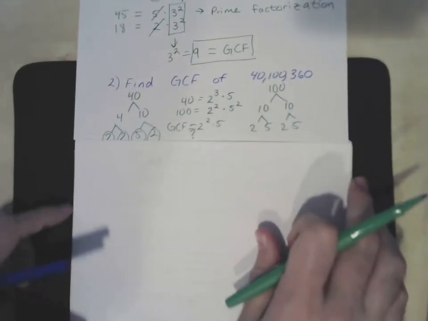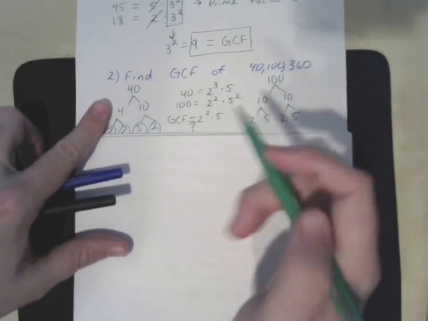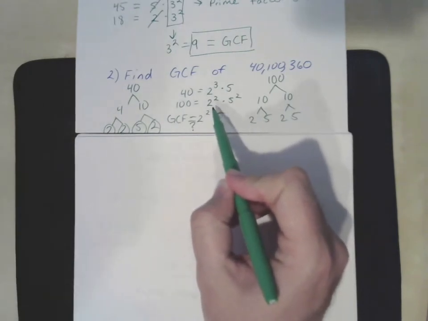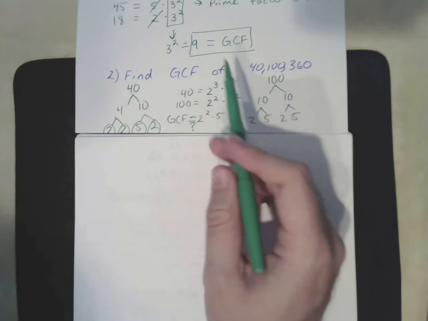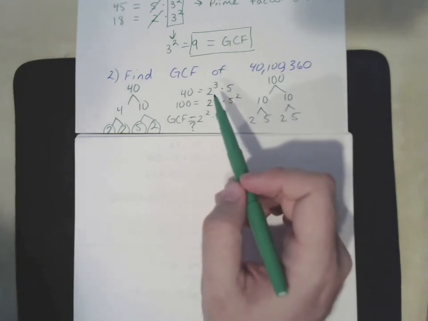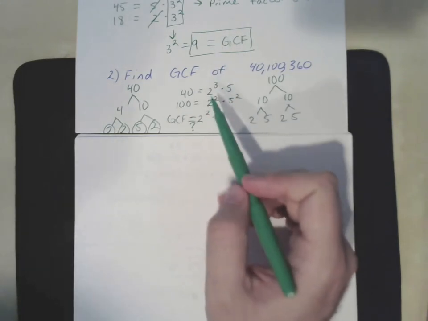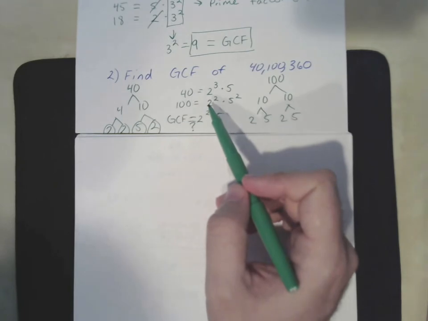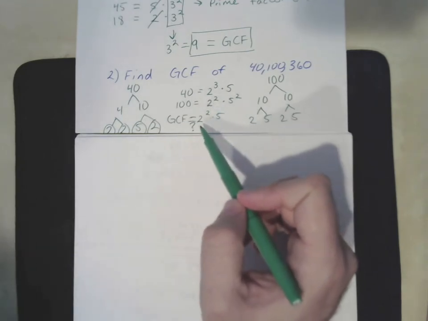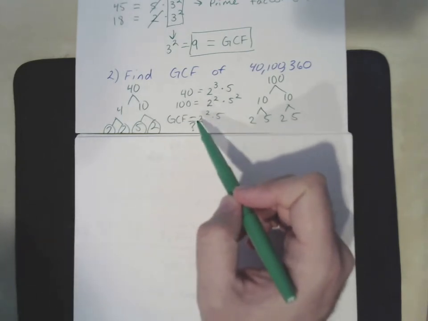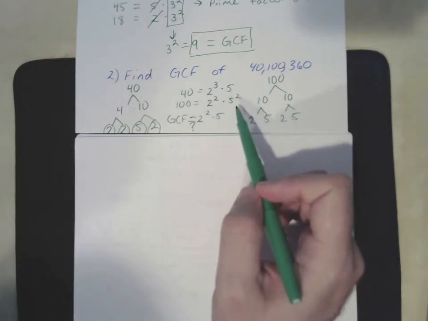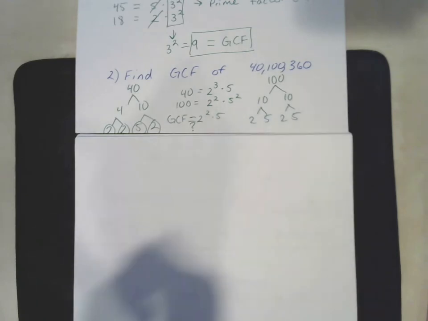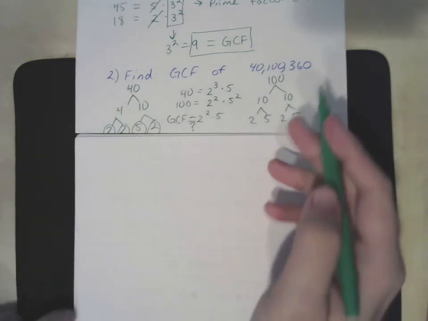And again, just to reiterate here, we're thinking about what the most in common numbers are in the prime factorizations of these. We have 3 2's in 40 and only 2 in 100, 2 2's. And so our GCF can only have 2 2's maximally. And in 40 we have 1 5, in 100 we have 2 5's, so that means our GCF can only have 1 5. So now when we go to factor 360,